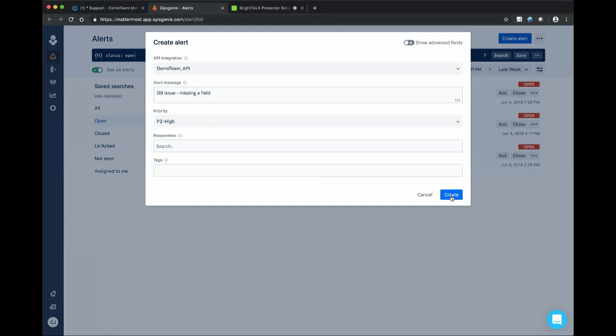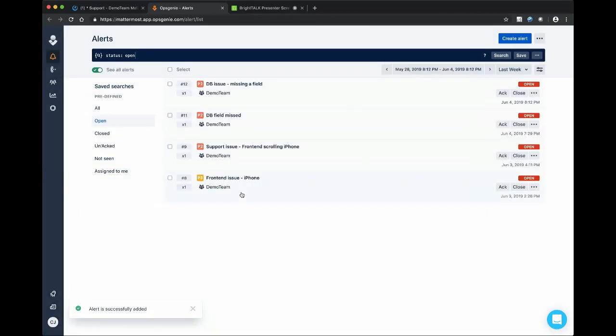So let's see if the screen changes. There you go, Opsgenie. This, by the way, is a public service. Because it's on-premise, you can connect any system. It depends on your environment and where you want to host it. And this creates a